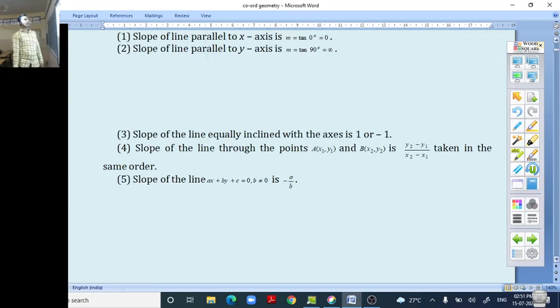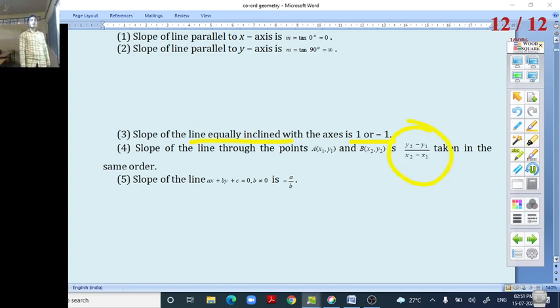Okay, third point. The slope of the line equally inclined with the axis is 1 or minus 1. Either it is 1 or minus 1. Okay, and the fourth point, we already discussed, is y2 minus y1 divided by x2 minus x1, which